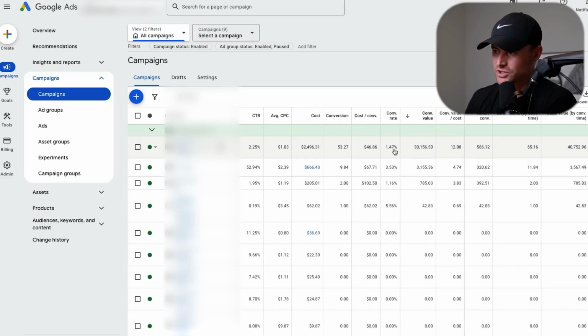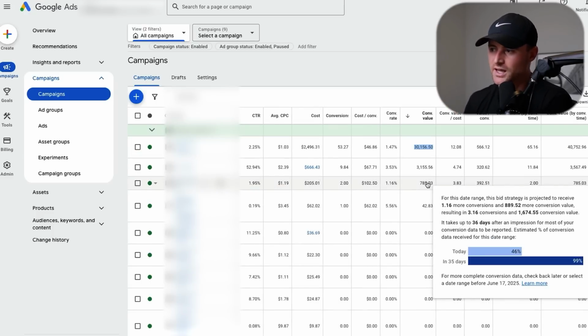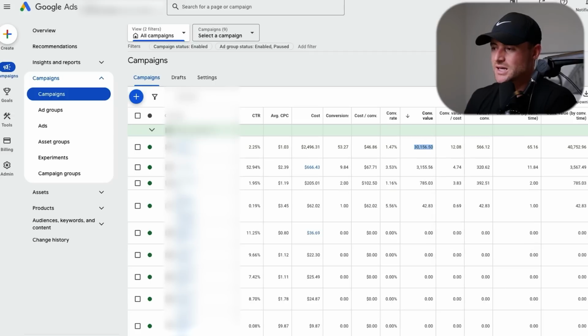If I'm averaging 20 to 30K a day from this PMax campaign and I come in here and I'm seeing this at 10, something's off, right? So all that check is to make sure, do things look consistent within the account? And by things, I mean the performance and the metrics of the account. And if not, I then go explore what the heck just happened,